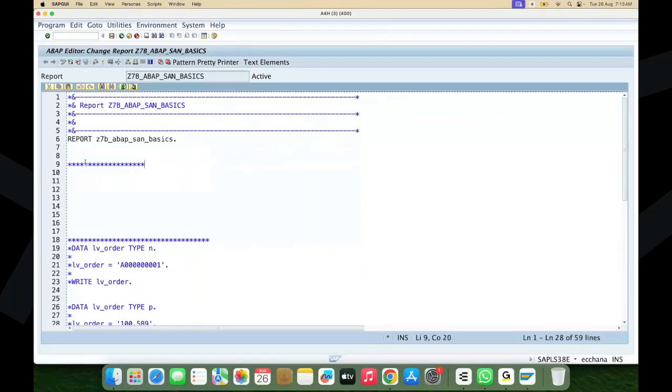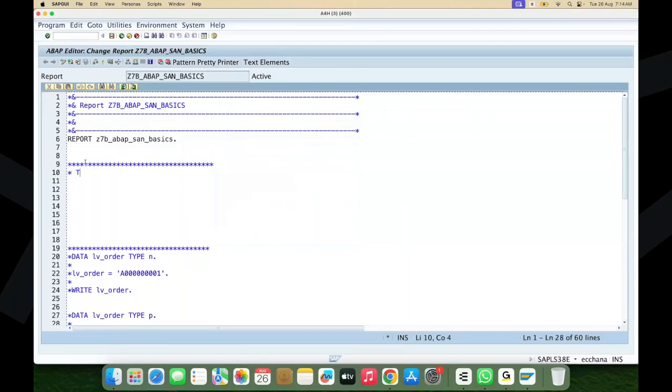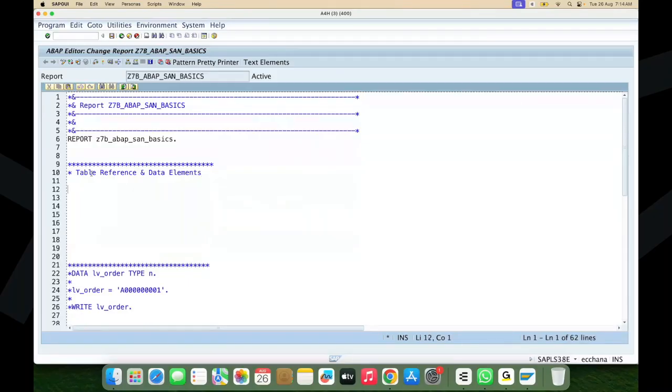So how do we work with table references and data elements? Now I wanted to store the order type. LV order type. So, type followed by,